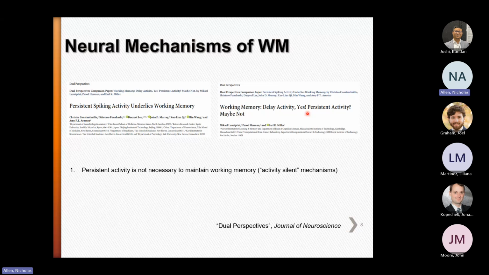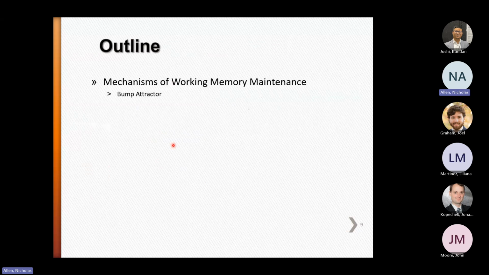So in my talk today, I will go over some of the basic mechanisms and explain why, in our view, persistent activity is the neural correlate, as opposed to the opposite view, that persistent activity is not necessary or not sufficient. I will go over the experimental evidence that supports this and the model that summarizes all of these ideas.